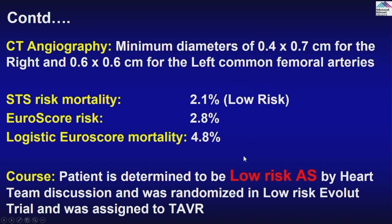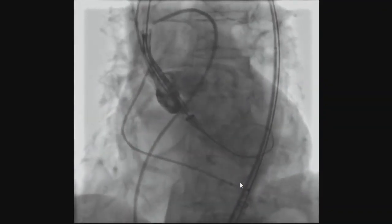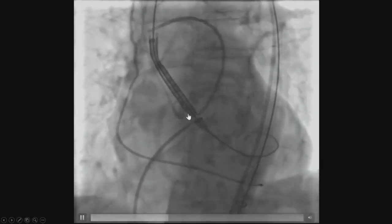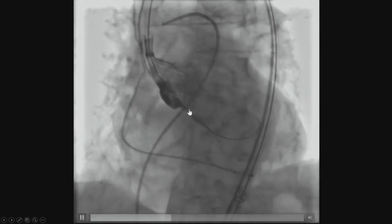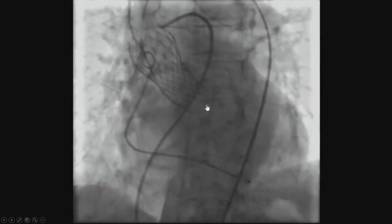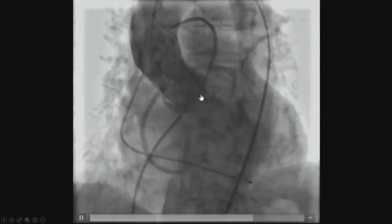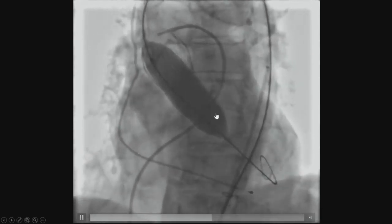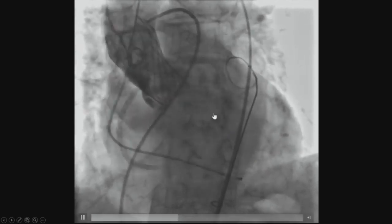So what happens? The surgeons see the patient. At that time, the low-risk trial was ongoing, and the patient got randomized to the TAVR. So what we normally do is get a balloon valvuloplasty first, and this is the core valve. If you see here, we always make sure we are starting at the right position, and this is how we gradually release the valve, and once we know that it's at the right position, then we completely release the valve, and very mild AI. Because there was some AI, we did a post-balloon dilation, and this is after that AI